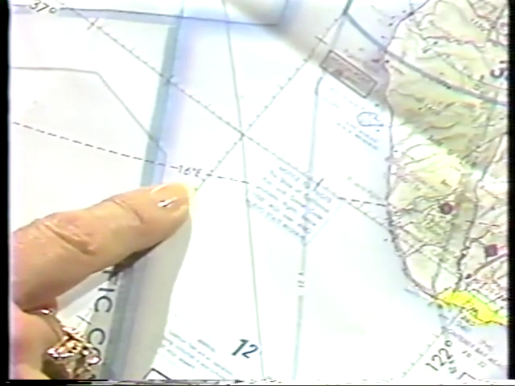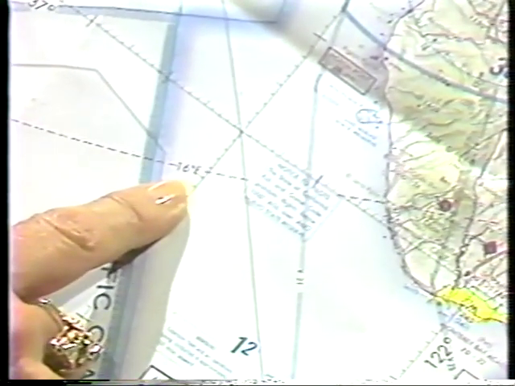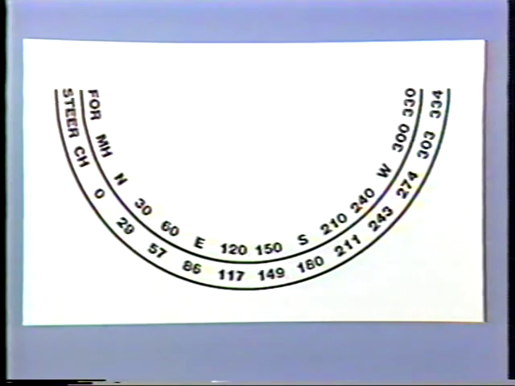So to achieve a magnetic heading in the vicinity of Monterey, we find 16 degrees east variation. We would subtract, east is least, 16 degrees from the true. Our computations need one more step to be complete. There are errors in the magnetic compass readings due to metal parts of the airplane, the ignition system effects, and interference of airborne radios. This error is called compass deviation, and the amount of deviation is unique to each aircraft. So you will find a compass correction card mounted in the cockpit, usually on or near the compass, indicating what compass heading to steer to achieve the proper magnetic heading.